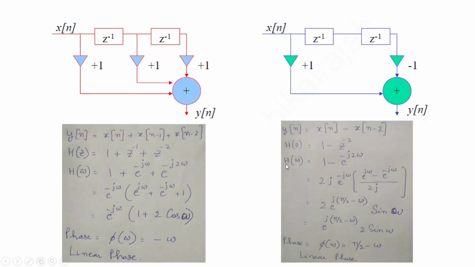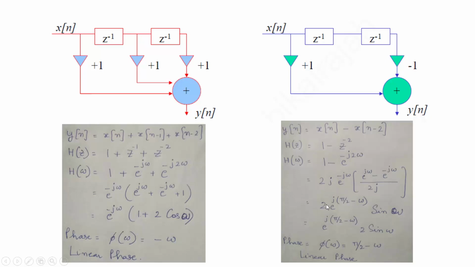As I have already explained, we will write only H(omega) is equal to 1 minus e to the power minus j2 omega. You take out from this expression e to the power minus j omega, and inside the bracket will be e to the power j omega minus e to the power minus j omega. Now we know that sine theta is equal to e to the power j omega minus e to the power minus j omega divided by 2j. So therefore we multiply the expression with 2j and divide by 2j, and this will be equal to sine of omega. And this is 2,